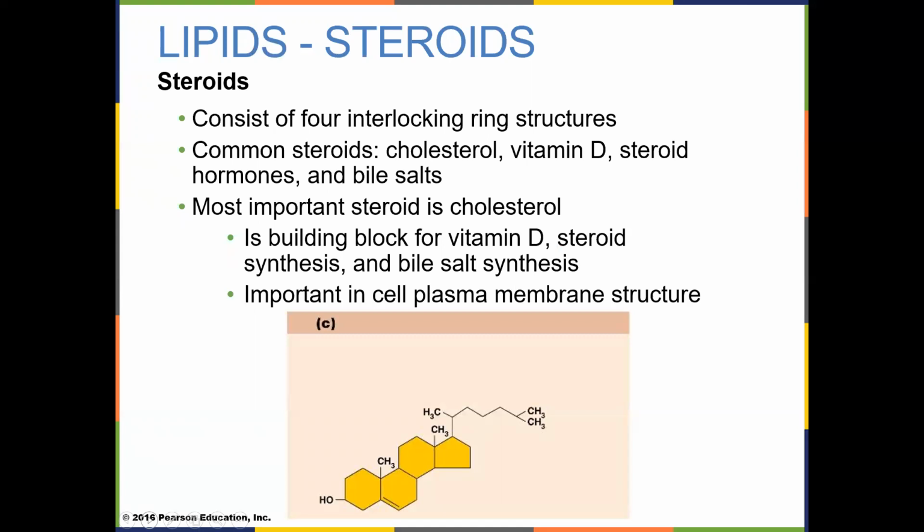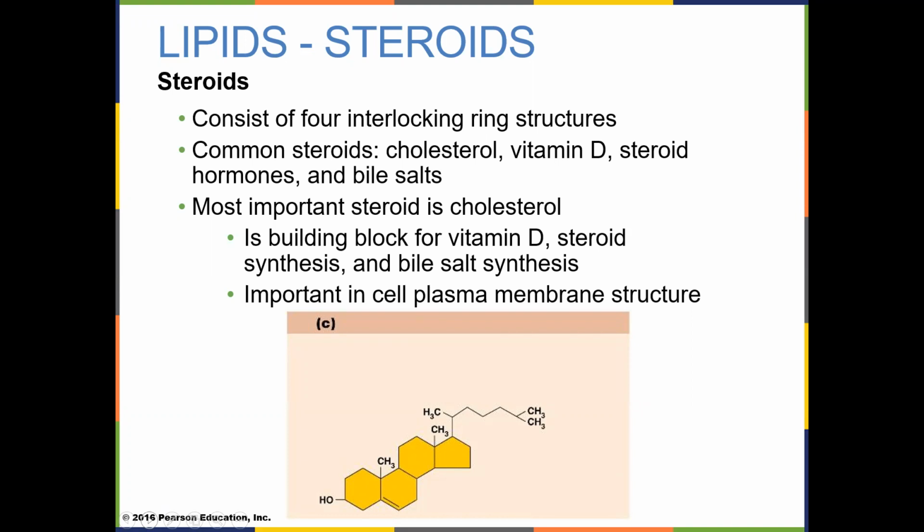The steroids, the third category, are all derived from cholesterol. They all have the same basic structure. They have 4 rings linked together, but they all have different functional groups. But they're all similar. Cholesterol and vitamin D. The vitamin D is embedded in our skin. When stimulated by ultraviolet radiation, we produce vitamin D from these receptor sites in our skin. The sex hormones, testosterone and estrogen, and the bile salts that come out of our gallbladder, made in our liver and stored in our gallbladder. We break down fats in our small intestine with it.